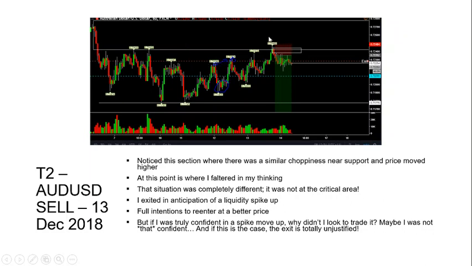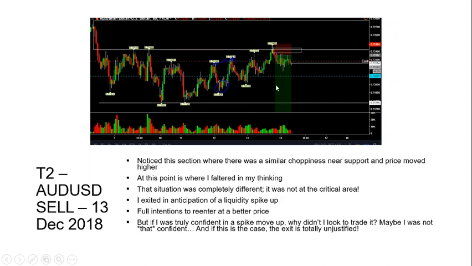It wasn't at the key area. Why did I get into the trade? I got into the trade because it's at a fantastic area of where I anticipated the reaction, right? So even though I was anticipating a move up and I wanted to re-enter at a better price, I exited the trade right there due to this sort of change in thinking in the morning, right? And the exit is